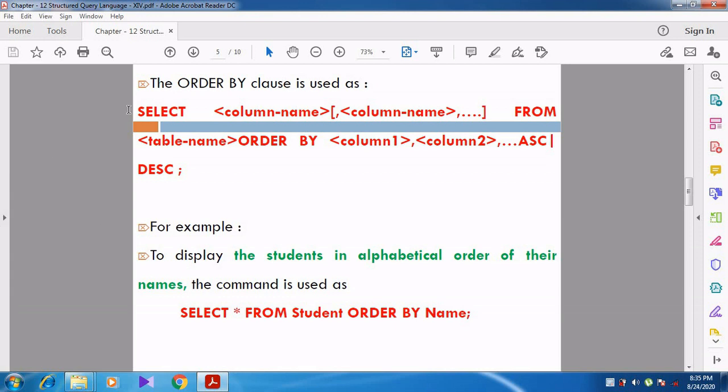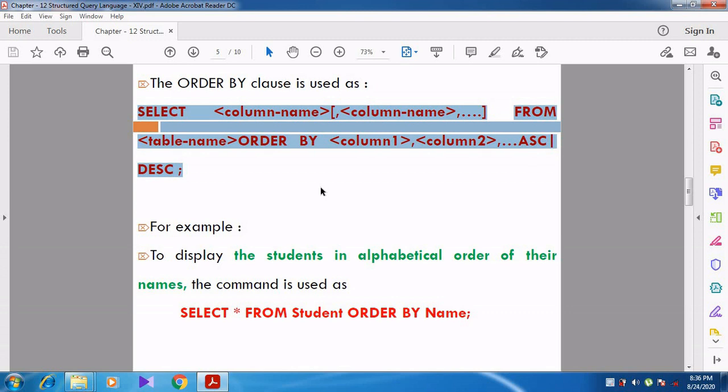Let us see the syntax. From the syntax you can understand how to arrange, how to order. SELECT column names, whatever columns you want to select, FROM table name, ORDER BY. Which column you want to order by?